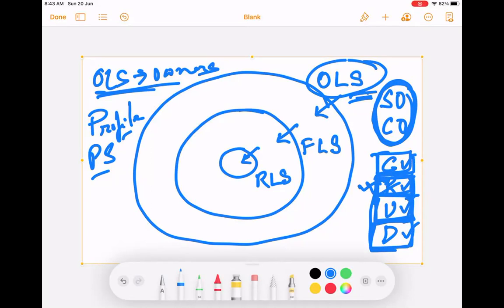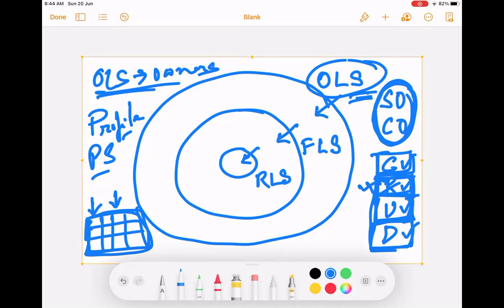So when you are now accessing the whole table, what is the next level security? Next level security is, can I access a column or not? And what kind of access I have on that column? Right? Think about a table. OLS is the complete access on this table. FLS is whether I have access on this column, whether I can see the data inside this column, whether I can edit the data inside this column.